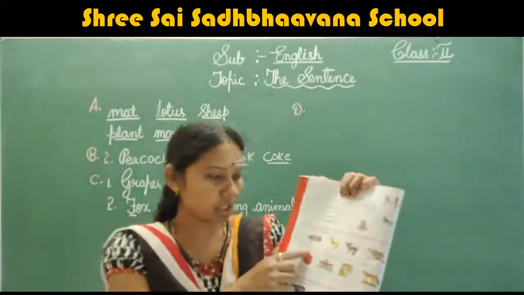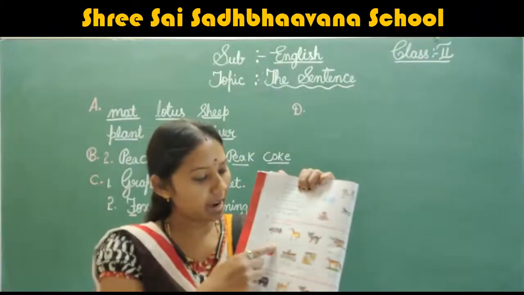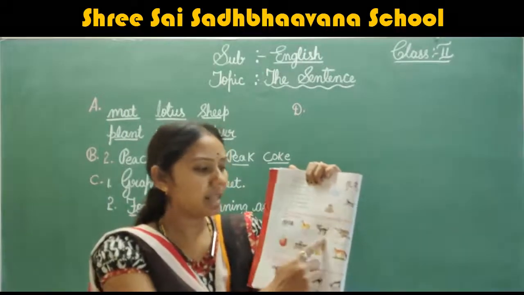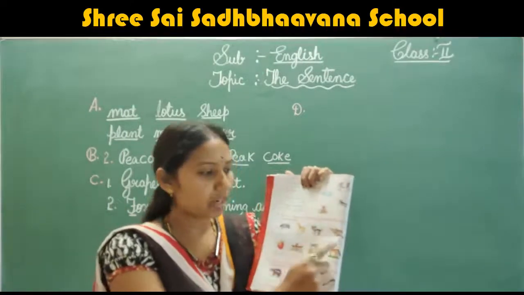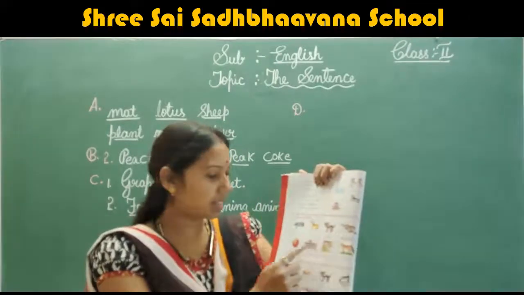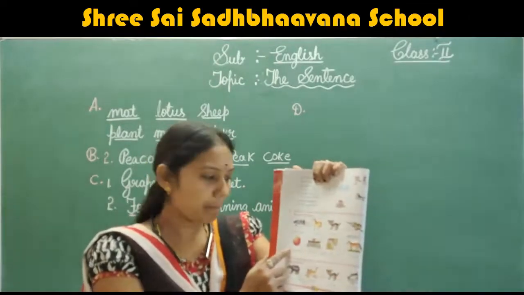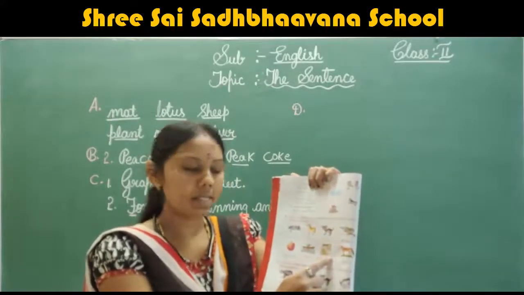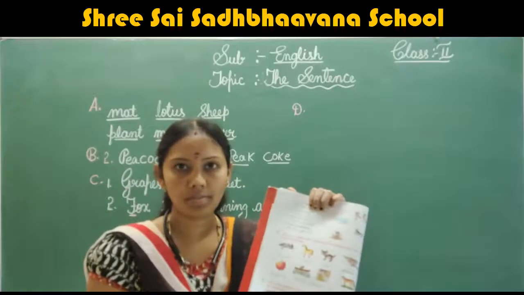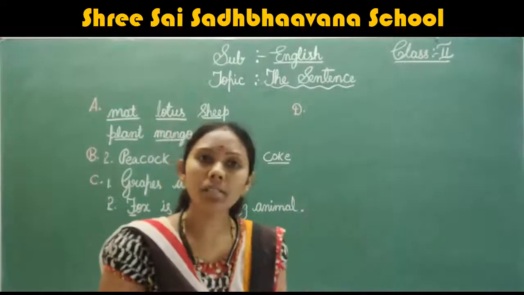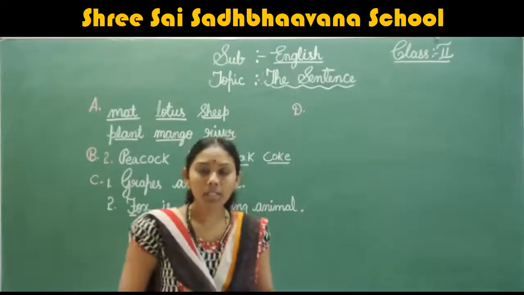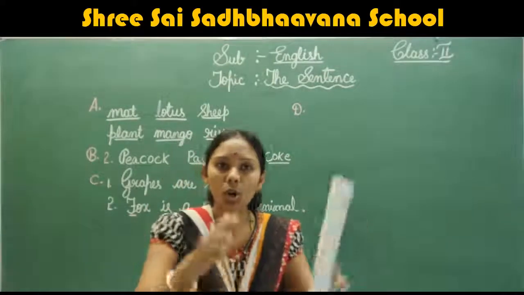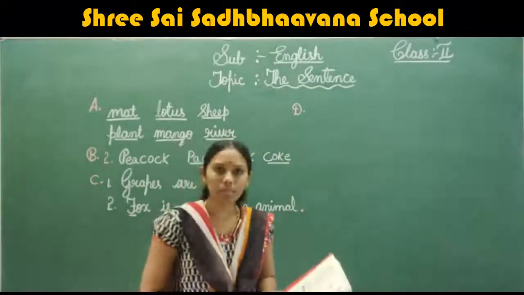See, what is this first picture? Star. S-T-A-R, star. Next picture, horse. Next, dog. Next, snake. Apple. Boat. Stable. Fox. So what do you mean by stable? What do you mean by stable? Horse. Horse is kept in the stable. Okay, the place where the horse is kept we call the stable.